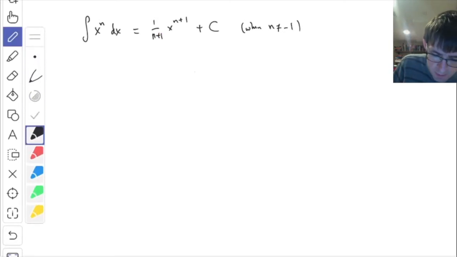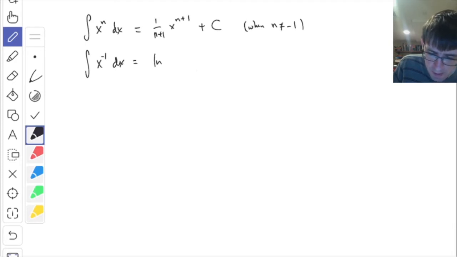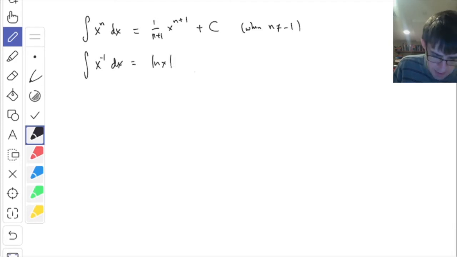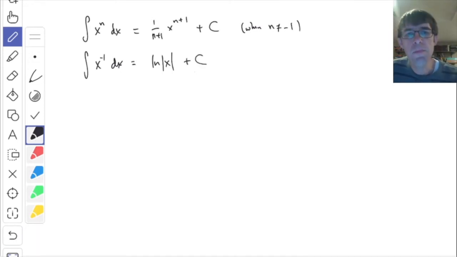When n is minus 1, there's a special formula for that, and what you get is the natural log of the absolute value of x plus c. So that's a special rule that you have to remember in the case of a negative 1 exponent. You get the natural log. All right, and then we have